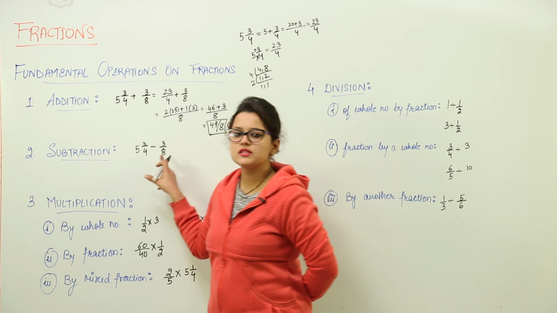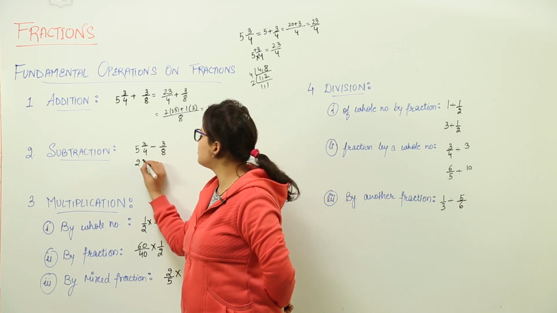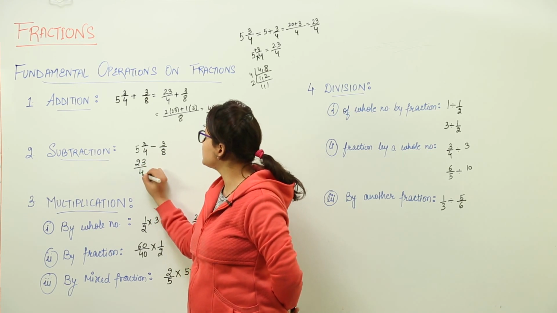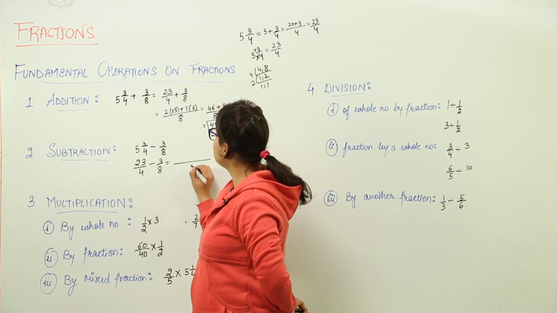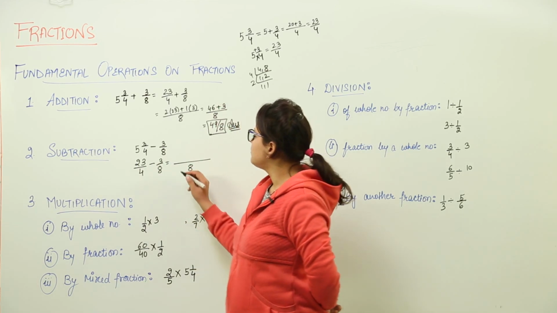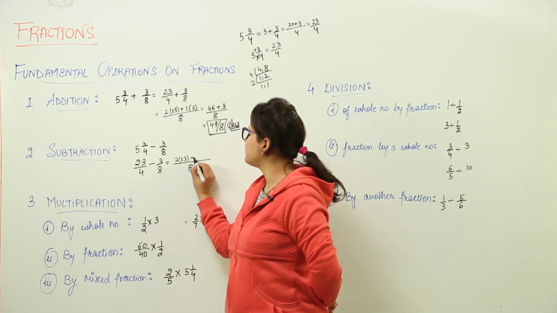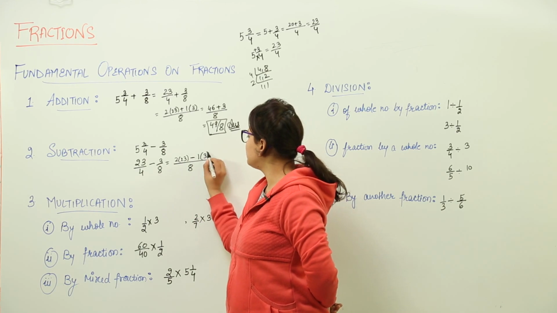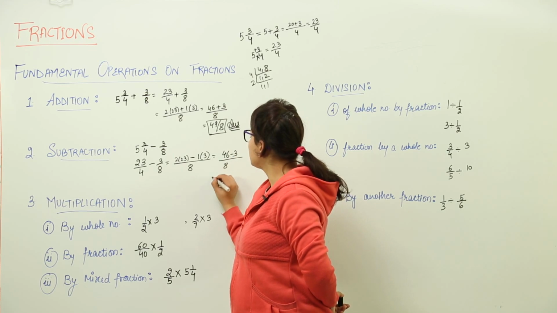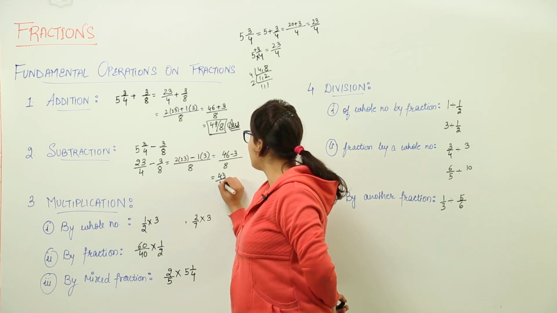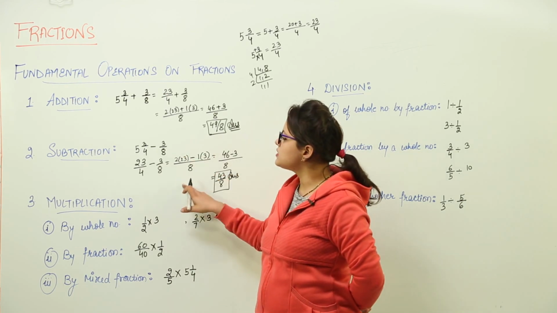Again we have a mixed fraction and a proper fraction. So we have to convert the mixed fraction into the proper fraction, that would be 23 upon 4 minus 3 upon 8. Now again you will take out the LCM 8. We will follow the same steps. The only difference will come in the sign. 8 ones are 8 and 3. You get 46 minus 3 upon 8, that is equal to 43 upon 8 as the answer. Right? That was about the addition and subtraction.